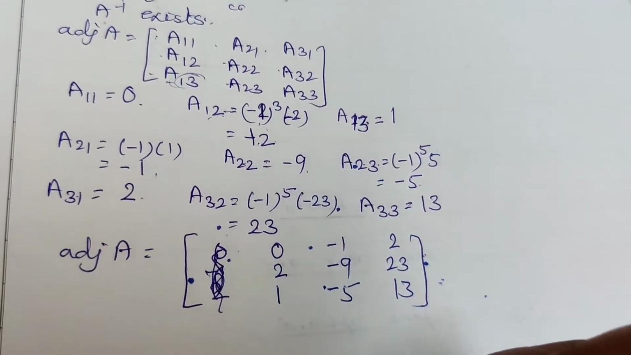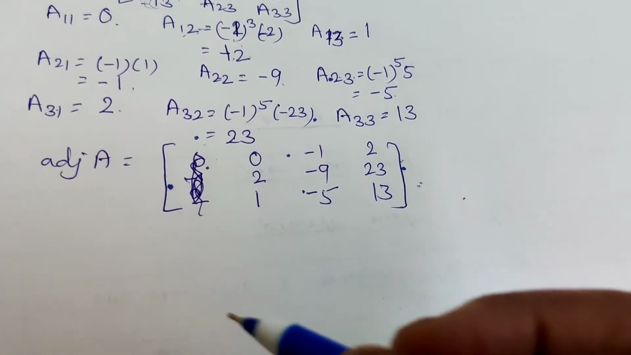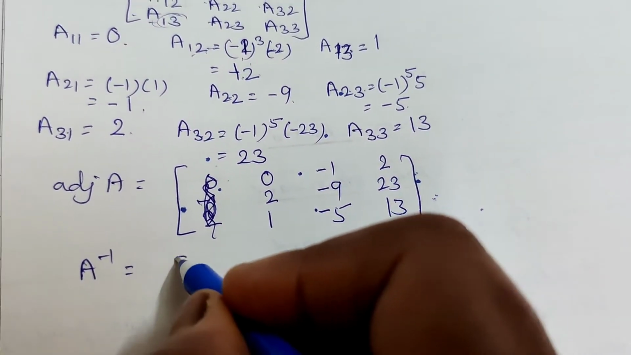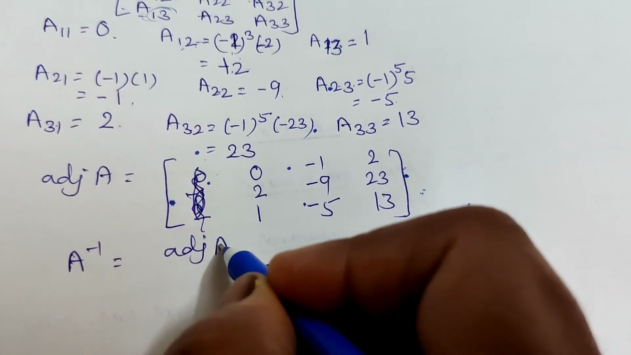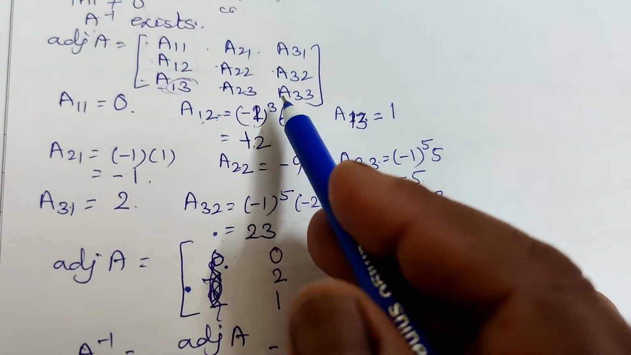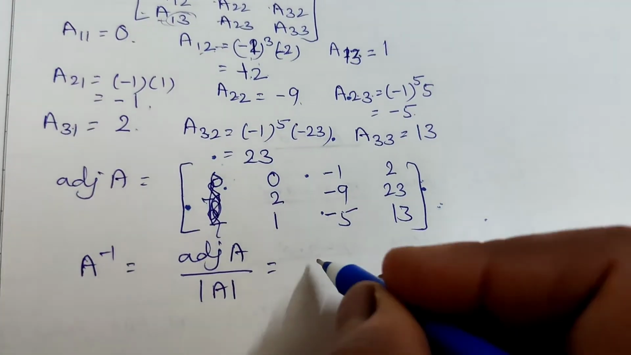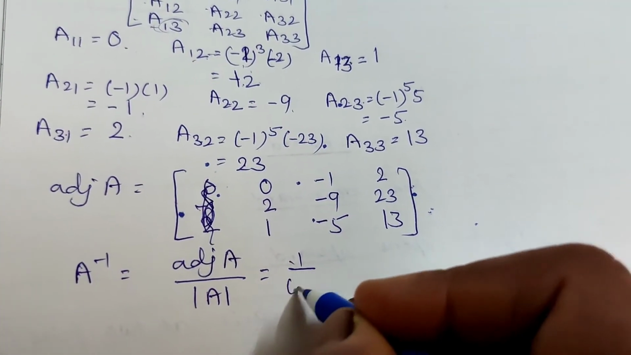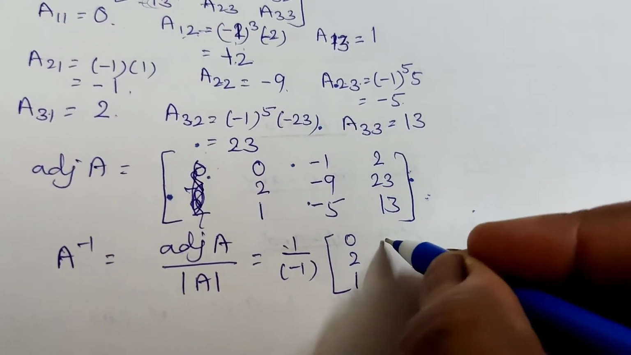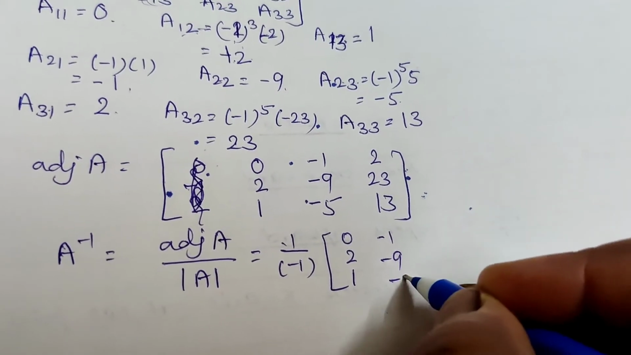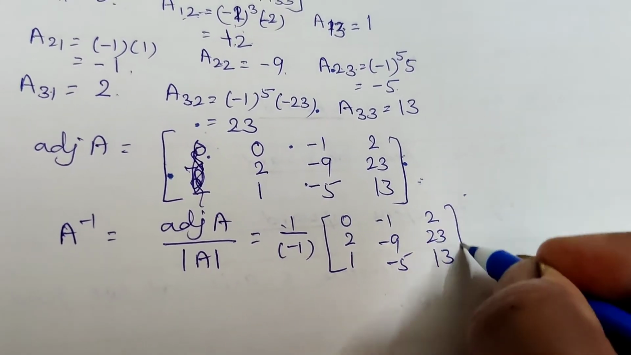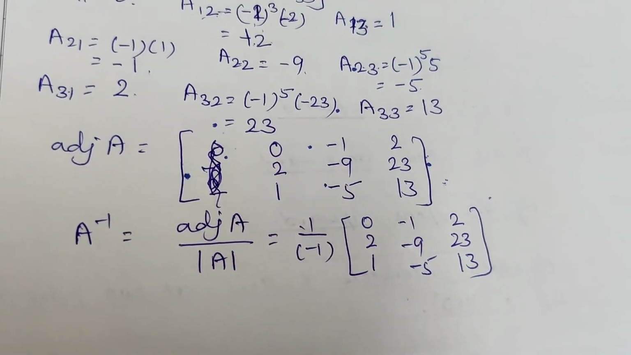Silly mistake. Now find the A inverse. We can find A inverse as adjoint of A divided by determinant of A. Now determinant is minus 1, so we can write here 1 upon minus 1. And adjoint is 0, 1, minus 1, minus 9, minus 5, 2, 23, 13. And multiplying this by the negative, we will get